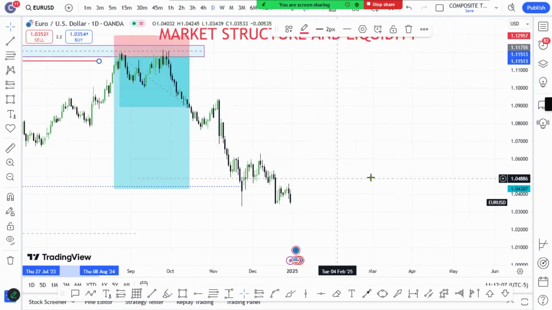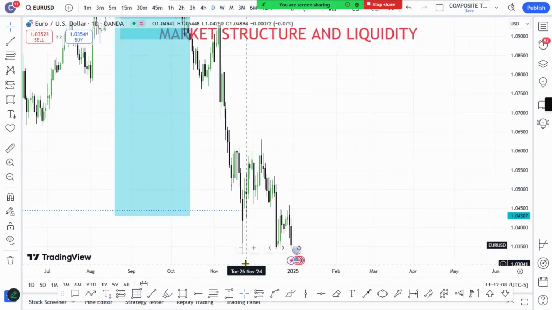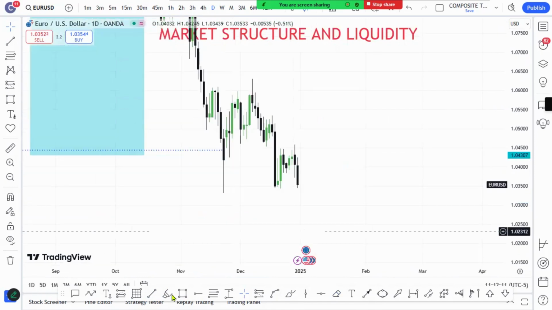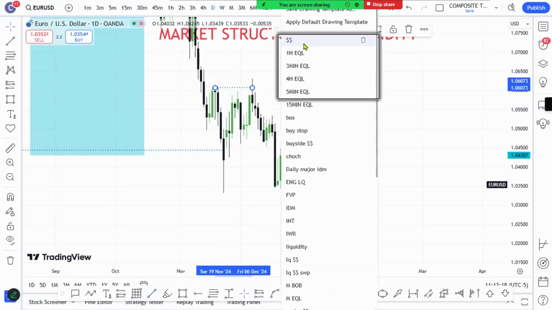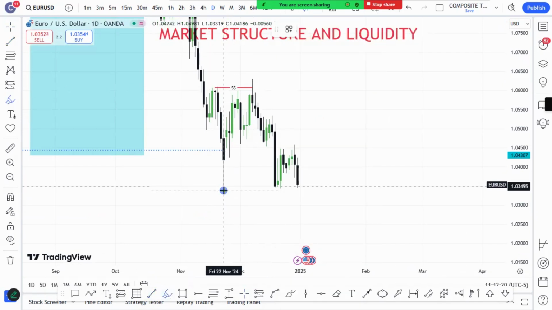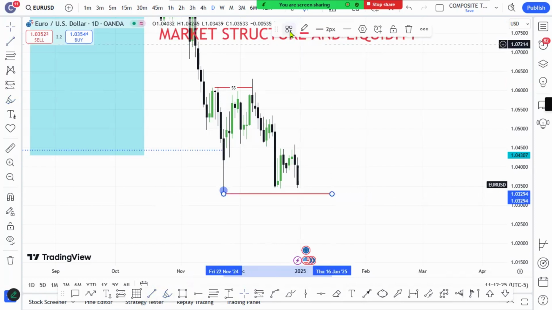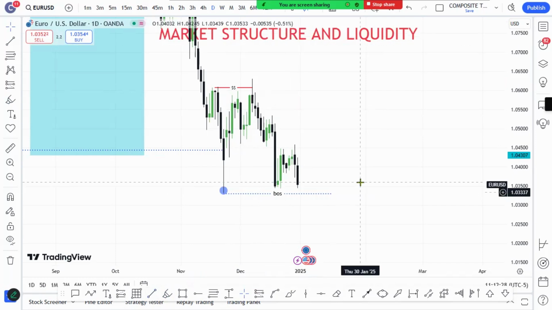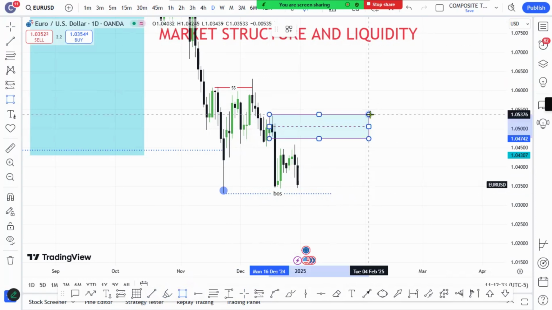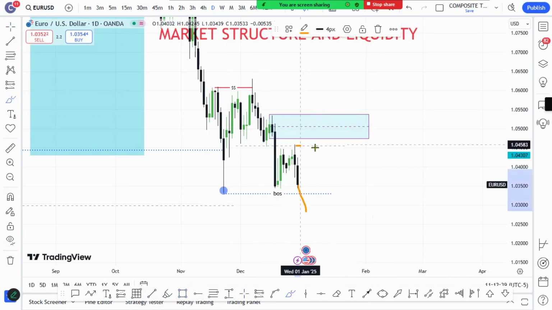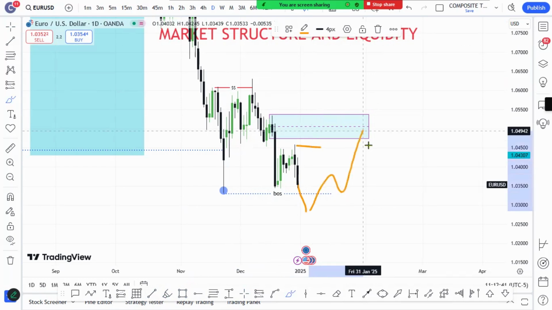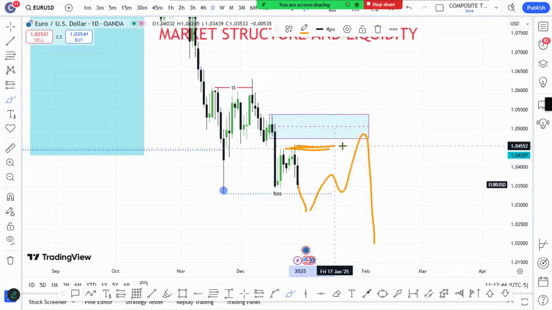So what else do we have here? We can see according to this market structure, price went higher, took out internal liquidity. Now these are our lows here, and we have this. We need to break that level. We need to break here. So the market can decide to go higher and mitigate one of these levels here before pushing to the downside, or it can just break the structure. Then this becomes your liquidity zone. Then price will go higher, mitigate that level, and drop after using this level as liquidity.